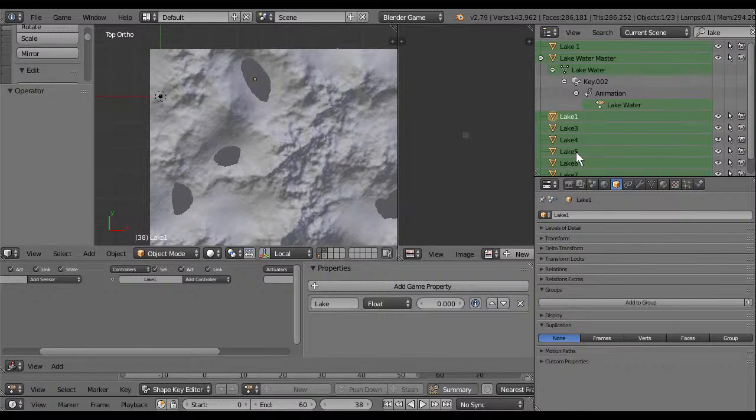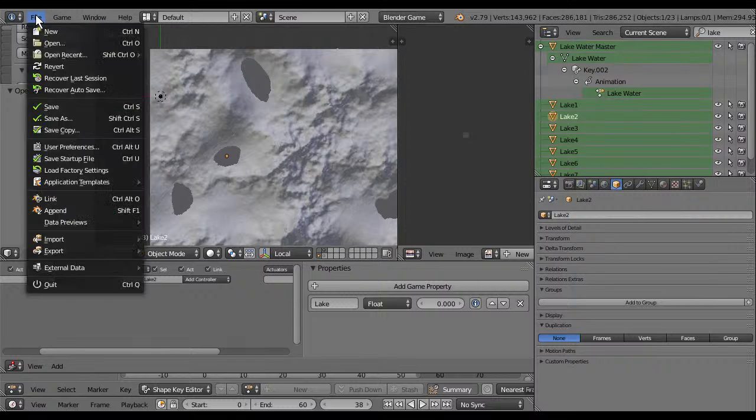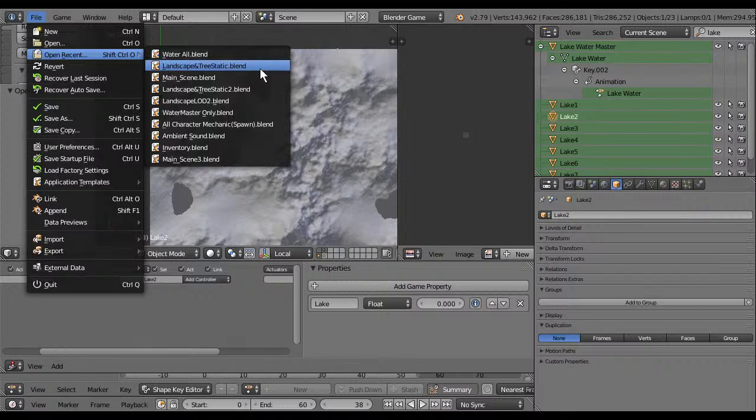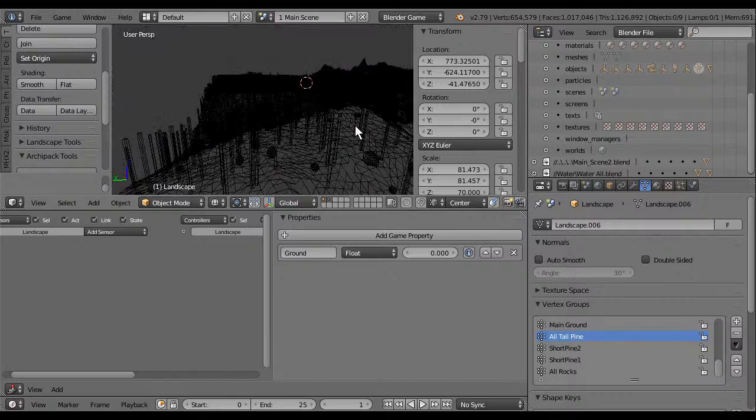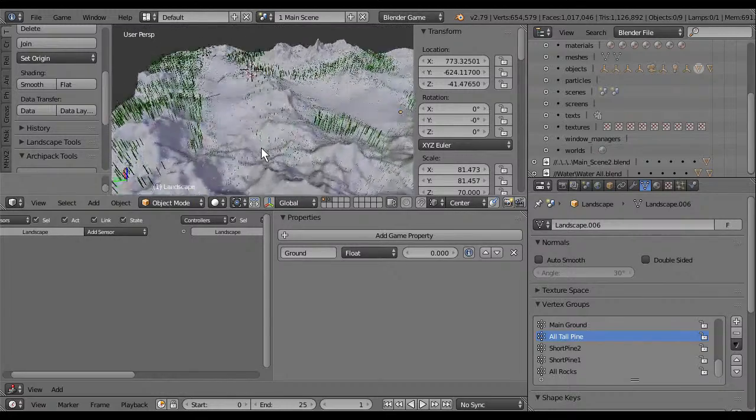It's supposed to be Lake 2, there is no number 2. Supposed to be number 2. Done. Save. Open this directly. The groups were gone.